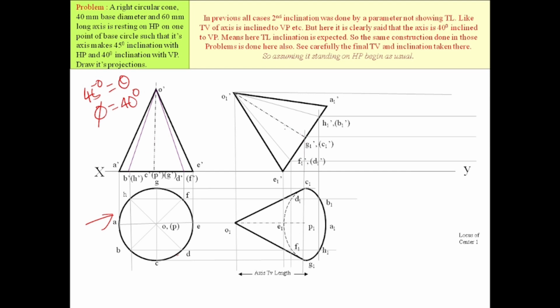Here this axis makes an angle of 45 degree with HP. Otherwise we can represent that the base makes an angle of 45 degree with HP condition, because here the axis is always perpendicular to the base. In the case of a right angled pyramid or cone, if the given condition is axis inclined 45 degree with HP, then we can represent the base inclined 45 degree with HP also. This angle is equal to 90 minus theta, the angle between the base and the xy line.